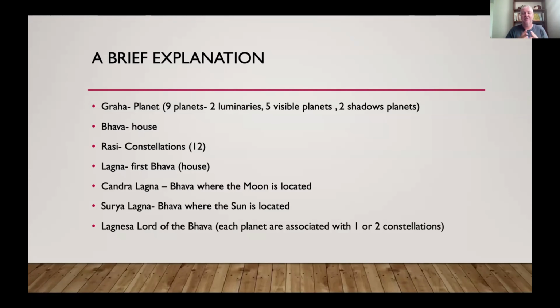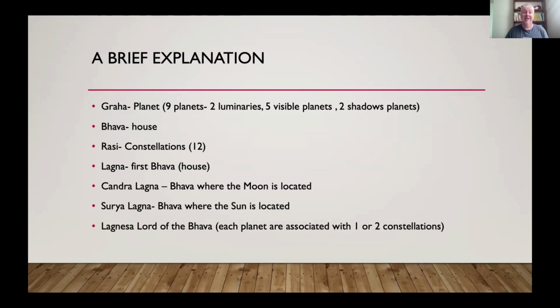Namaha. So now that we are in, let me explain a few words. First word is graha, that we use for planets. So you're going to hear me referencing the planets as graha or planet, and there are 9 of them. 2 luminaries, the sun and the moon, and 5 taragraha or visible stars, and they are Mars, Mercury, Jupiter, Venus, and Saturn, and 2 shadow planets that are actually the intersection of the ellipse of the sun and the moon, the north node of the moon, Rahu, and the south node of the moon, Ketu. It's very technical right now.